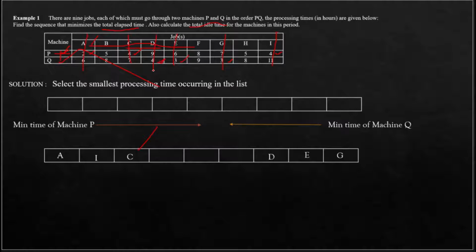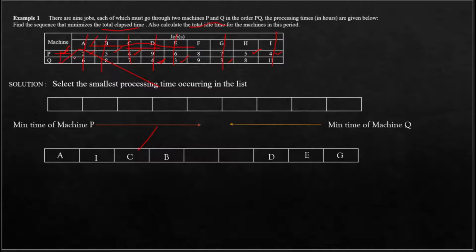Yes, next, once the 4 is done, the least processing time is 5, and I identified this job from B. It's a B job in machine 1. So I was placing it from left to right, next to the C. So I was eliminating this B also, and next the fifth one I identified,